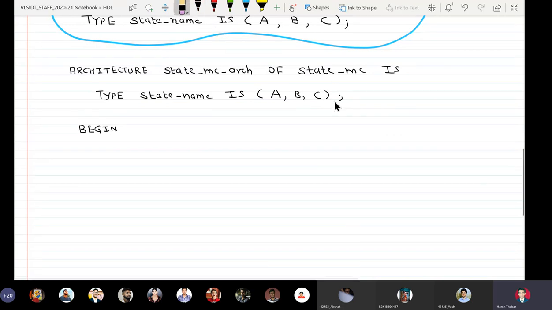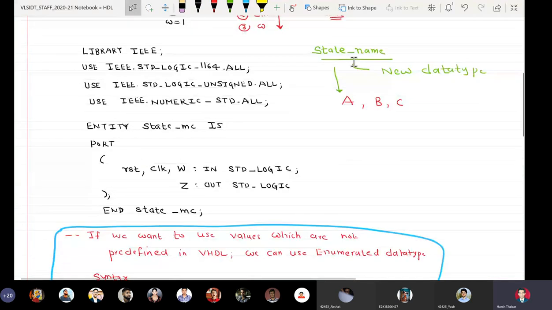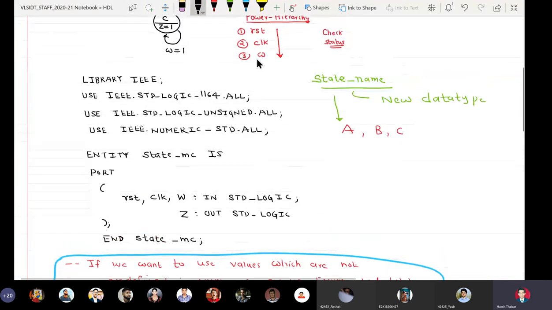Now one more new thing which we have to learn is that once we have created a new data type, then we can define signals belonging to this data type.